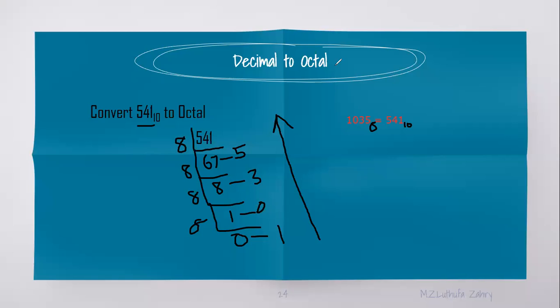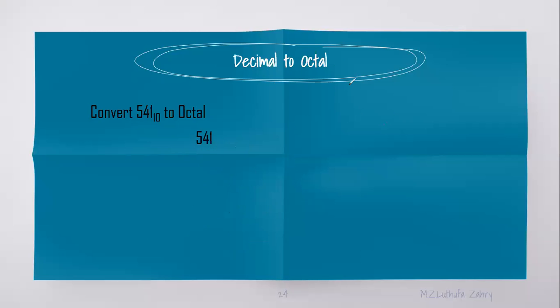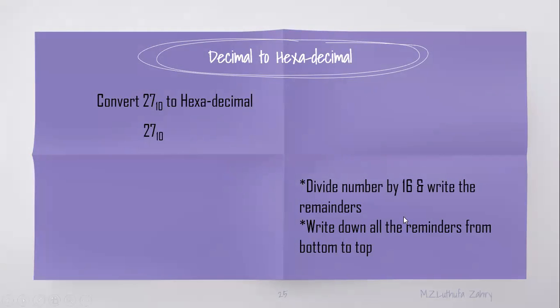So this is how decimal to octal is. If you wanted to convert a decimal number to octal, what you have to do is divide it by its base, the number system which you have to convert the decimal into. So if it is octal, it will be 8. If it is binary, it will be 2. And if it is hexadecimal, it is going to be 16. So the same thing you're going to do here, but dividing by 16. The same steps, but the base is different.